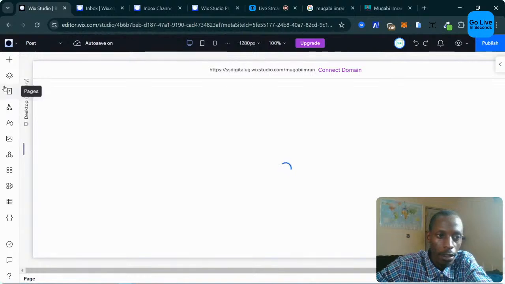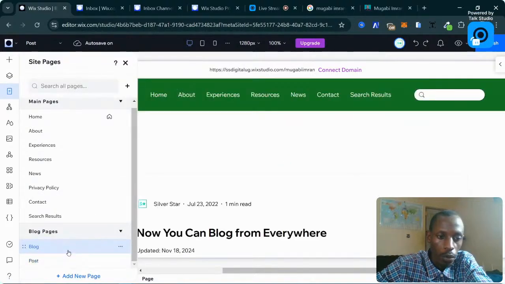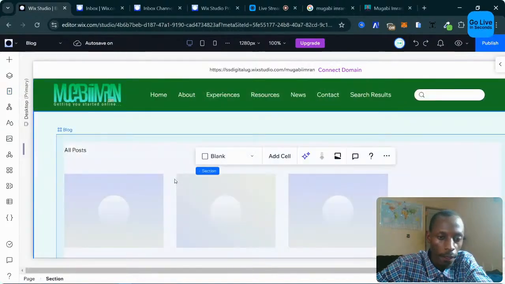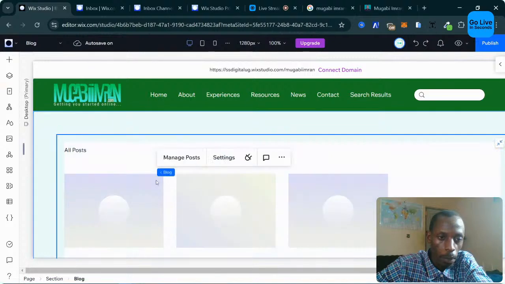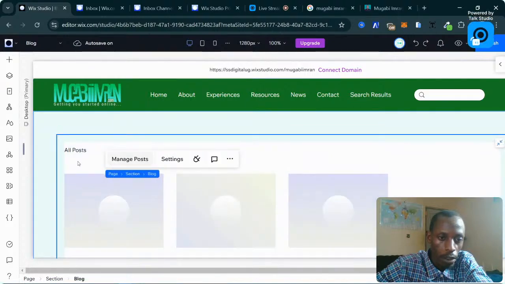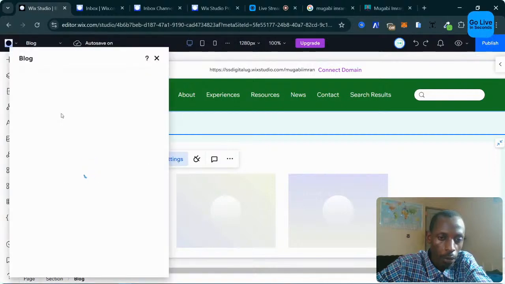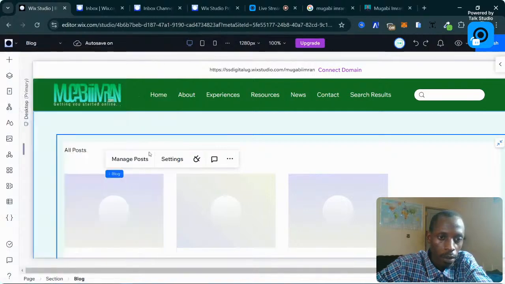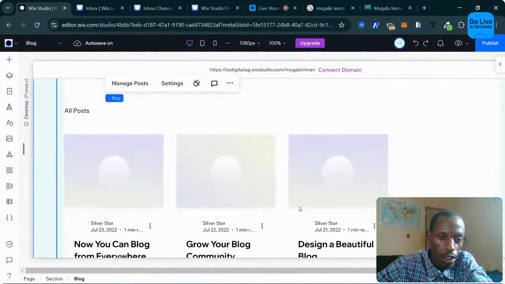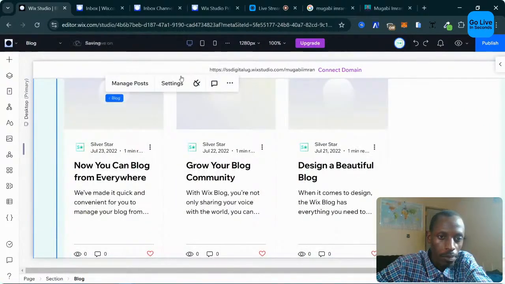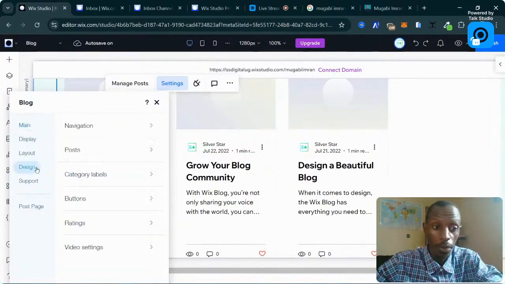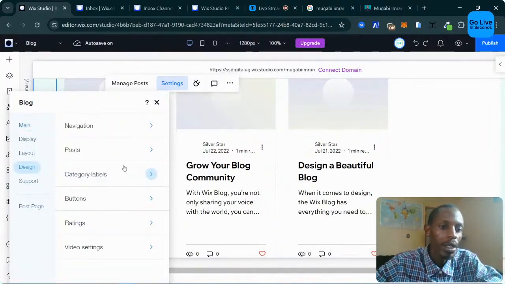Now what you're going to do is go back to the blog page. You can also do it from the post page. So from the blog page, you click on the post or the blog widget, go to the settings, and change the background and the color of the text, what you want to display, the spacing between these posts and all that, even the post height. We did some changes there on the home page. We should have been doing these changes here on the blog page,